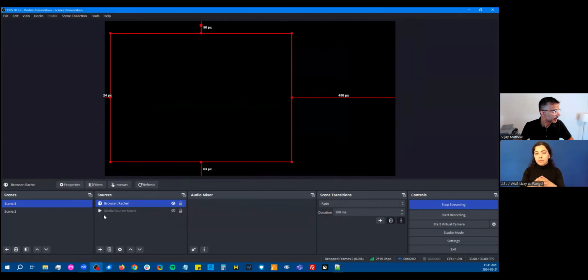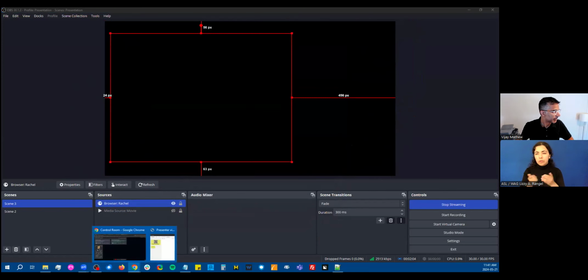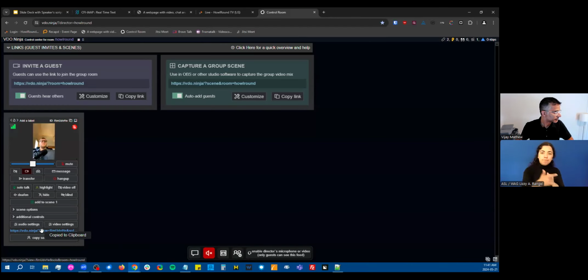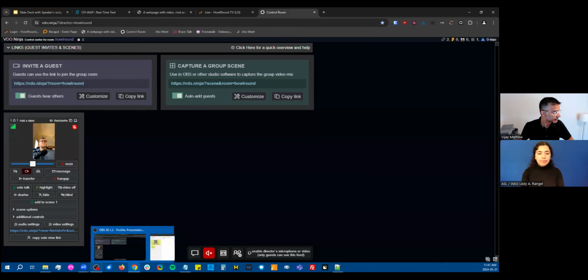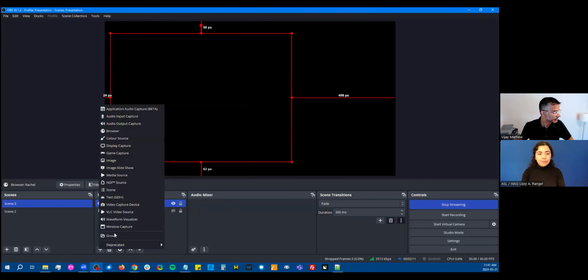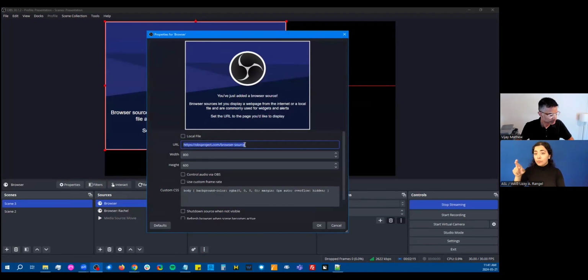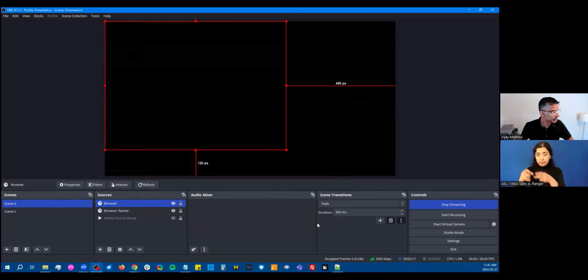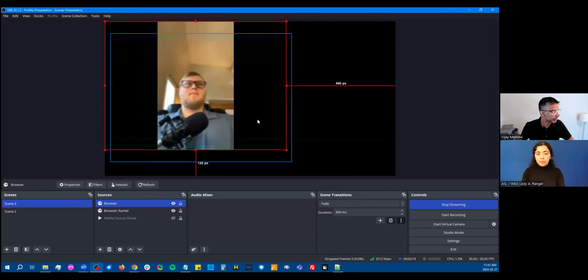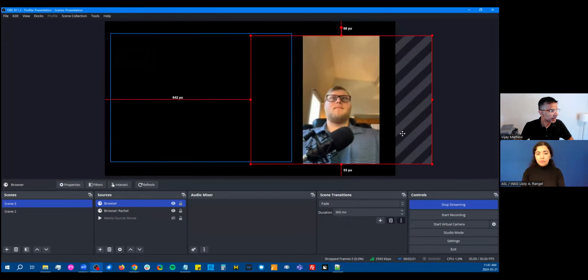Let's try Malcolm's as a browser source. Okay, so here is